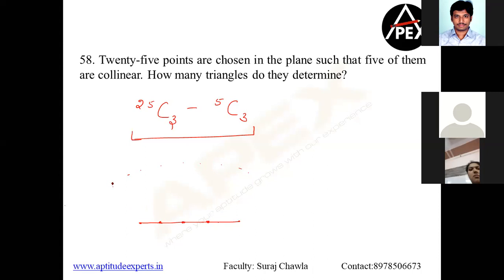So can I make one more triangle here also? Yes. Can I make one more triangle this way also? Right? So no matter they are in one line, but by using this one line also, I can make many triangles. But by using these 5 points, the number of triangles I can make is 0. Are you getting it? So that is why we are always taking out these 5 points which are collinear.